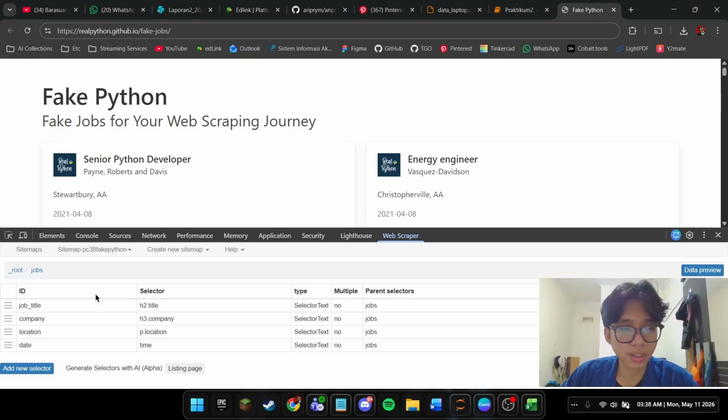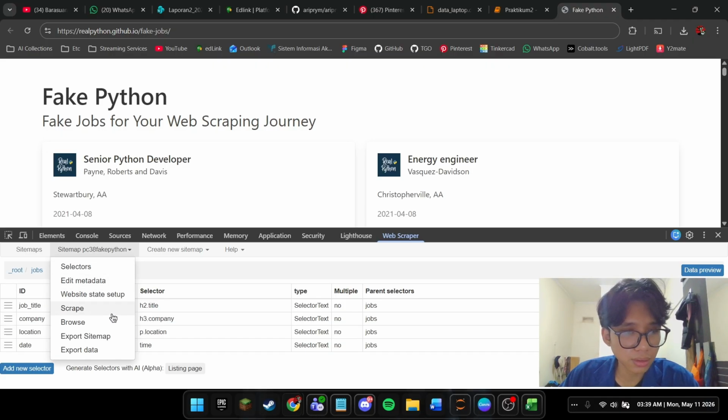With this hierarchical selector structure complete, Web Scraper is ready to run the scraping process and extract all four data elements from every job card on the page automatically.